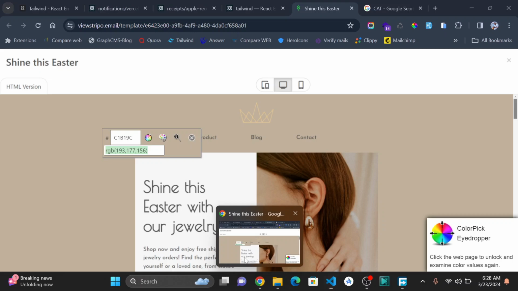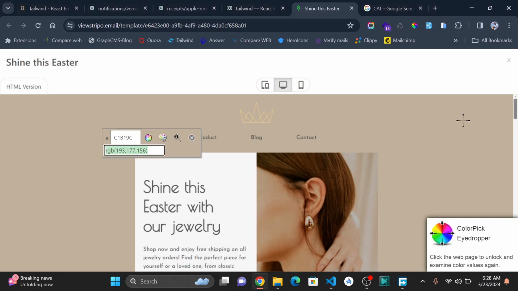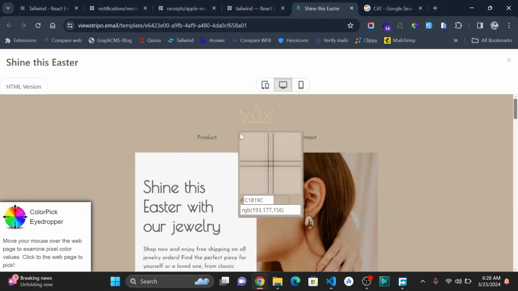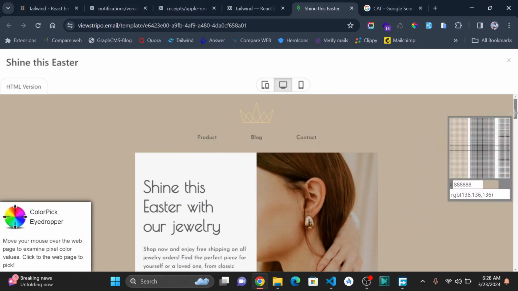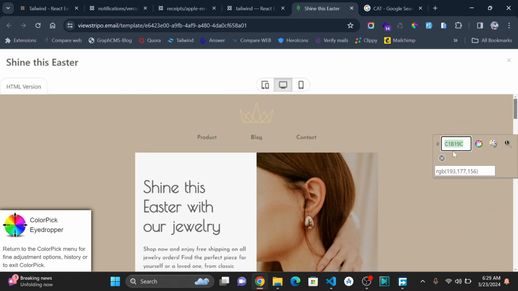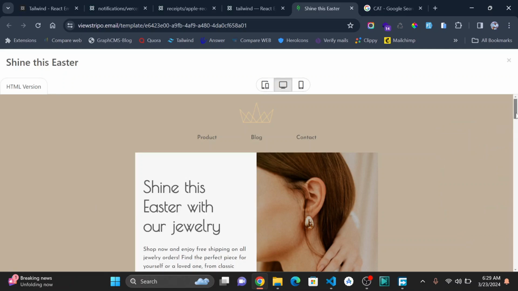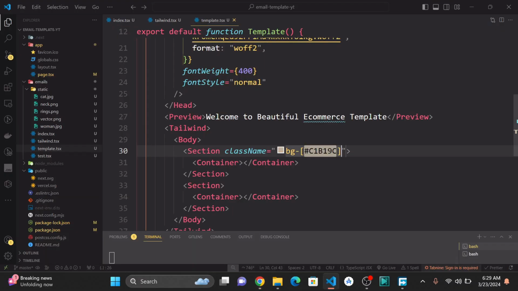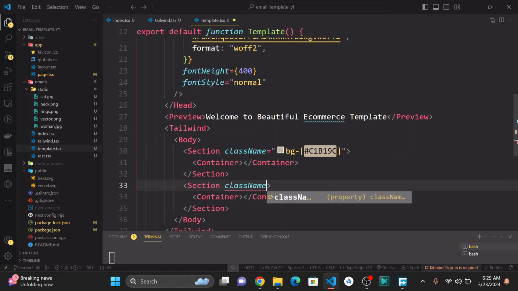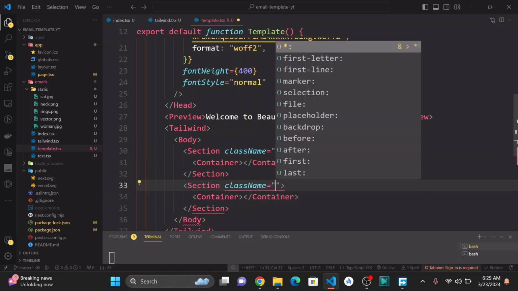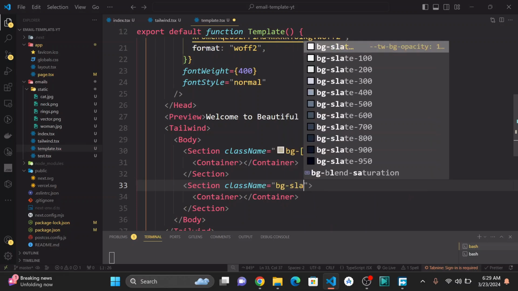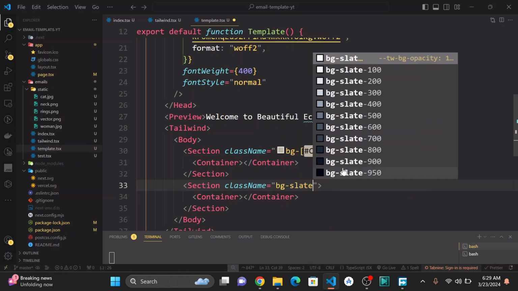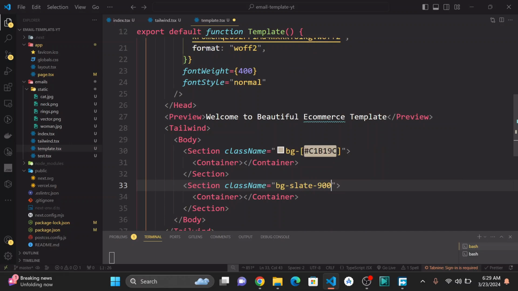I can also go down and get the color of the second. I can just scroll to this one, and this one I can get like a slate. Let's try, for instance, class name. We could try something like bg slate, and let's say maybe 900. Okay,